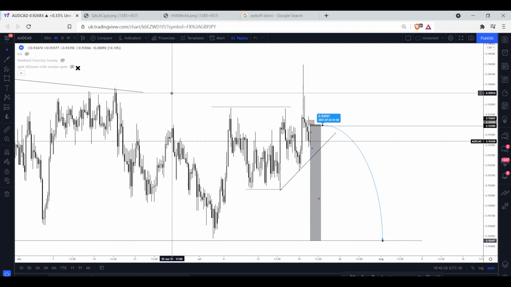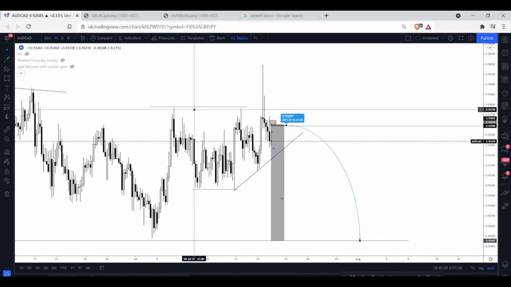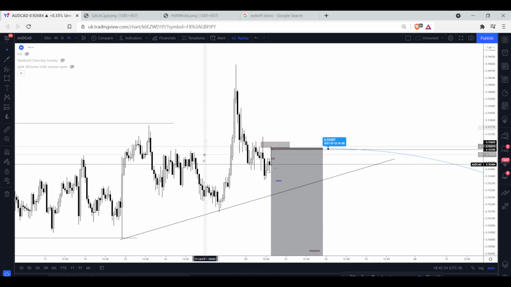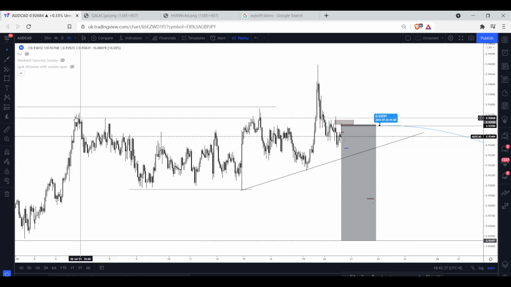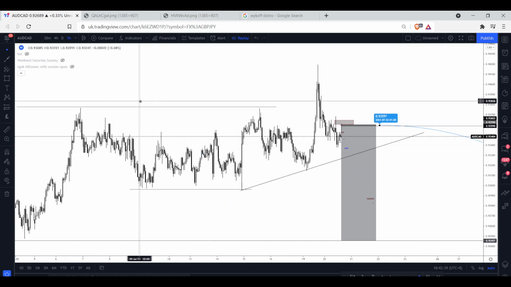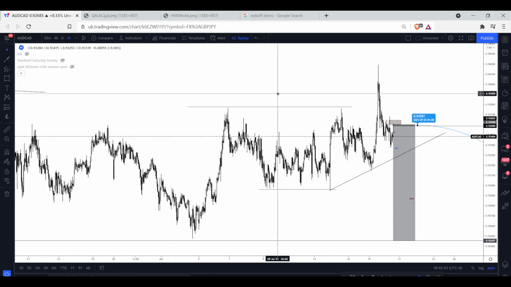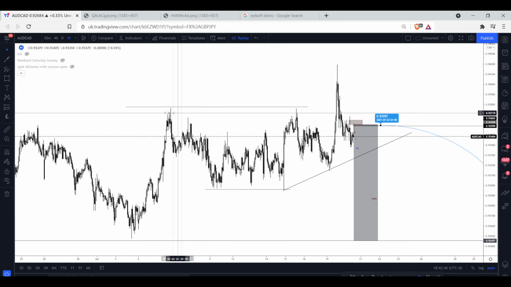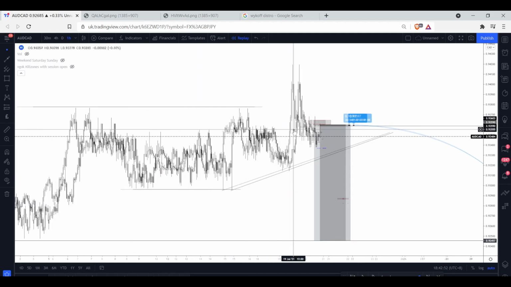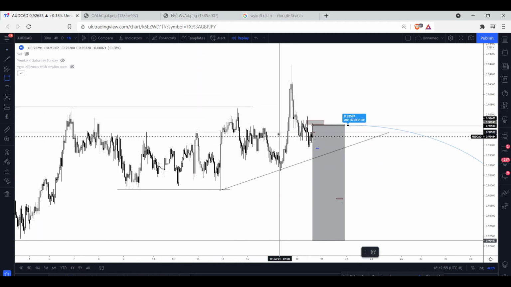So what can we see? We can see our general manipulation of the high, followed by a lower time frame break of structure to the downside. Now, cool. What else can we see when it comes to this trade? Well, we can see that clear manipulation. Guys, price is only ever trying to do two things. It's simply seeking and destroying and trying to rebalance. If we've just sought and destroyed all of this liquidity up here to the upside, what makes sense for price to do now? To come back and rebalance some of this inefficient price action which it made,